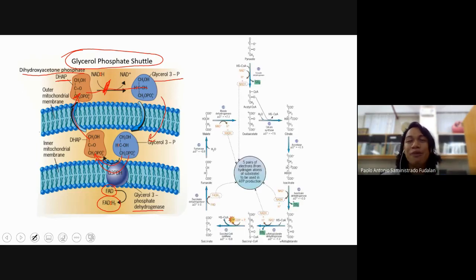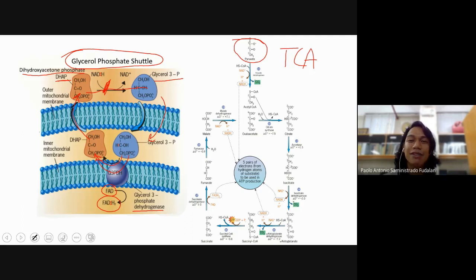This is the TCA cycle, or the tricarboxylic acid cycle, or you may also call it the citric acid cycle, or the Krebs cycle. So as you can see here in step 1, pyruvate